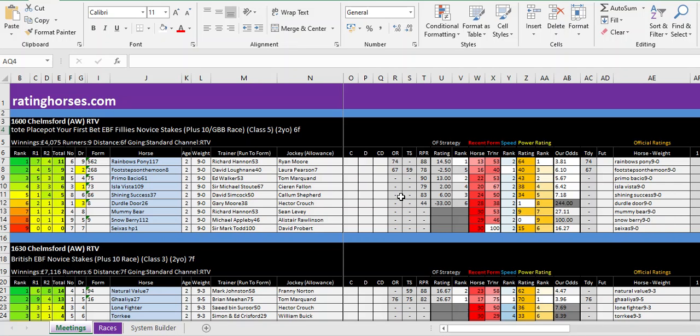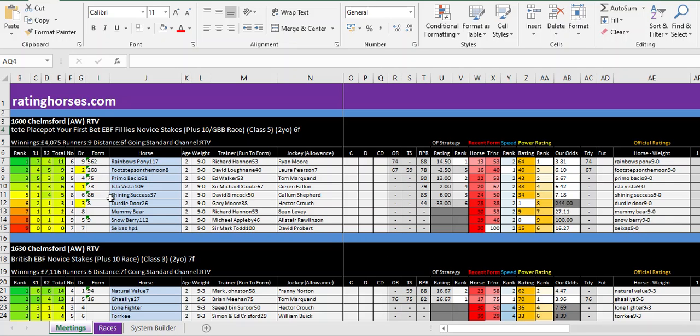Okay, and what it does is it puts the different criteria in order of importance and gives it a score, and then that produces the power rating. So the easiest way for me to try and explain this is if we look at Rainbow's Pony,